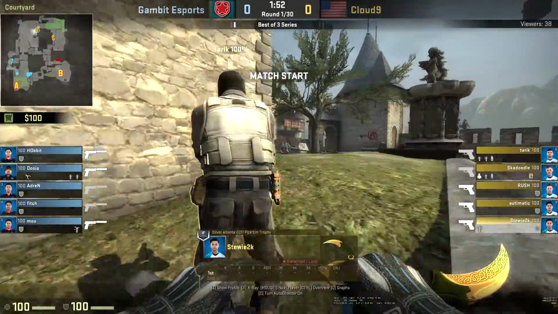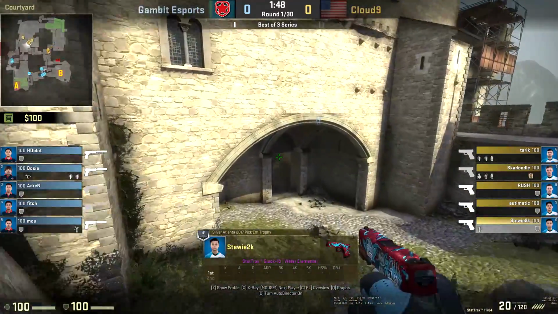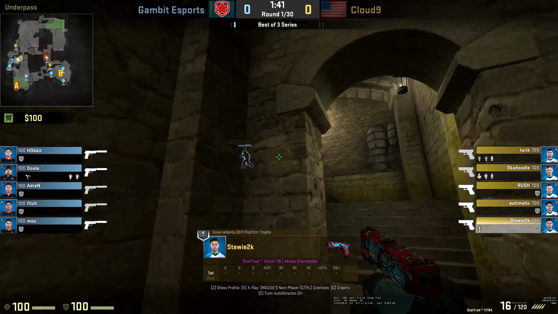Pistol rounds are important, right? I mean, you want to win them. It's 3 rounds potentially. You can start off with a lead. So we're going to look at the T side of Cobblestone to start off here. And some of the options you can do, stuff that pros use, pretty simple pistol rounds, nothing too elaborate